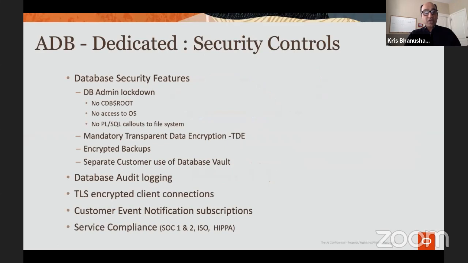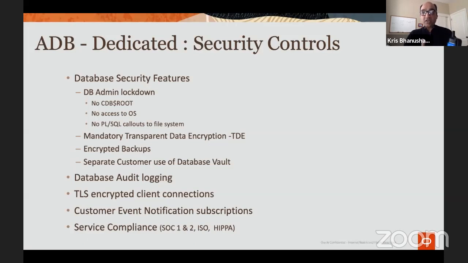A little bit about the security. Again, there's a lot of things that you would not need to do. By making sure that you do not have access to the CDB root or to the operating system, we keep the number of people that access that part to a bare minimum, or to 0, I'd say. So mostly it's the automation that goes in and does the job.